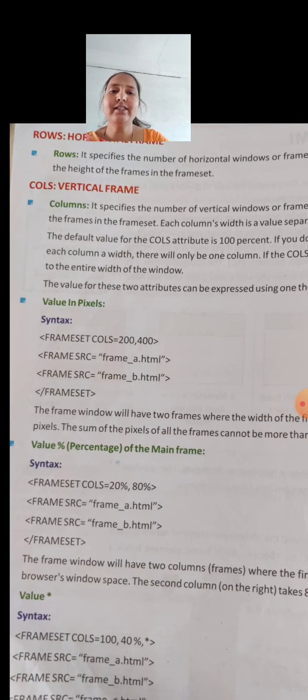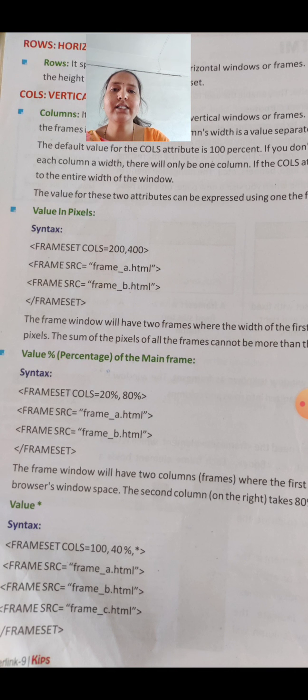Here we can see the examples and the syntaxes for columns and rows. See here, frameset, as I said earlier. Then for columns, we have to give the values, how much width or how much height we need to give for a frameset.